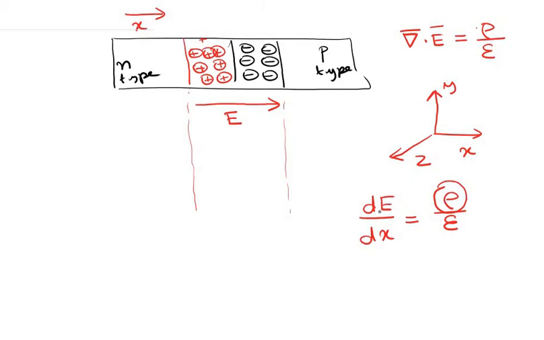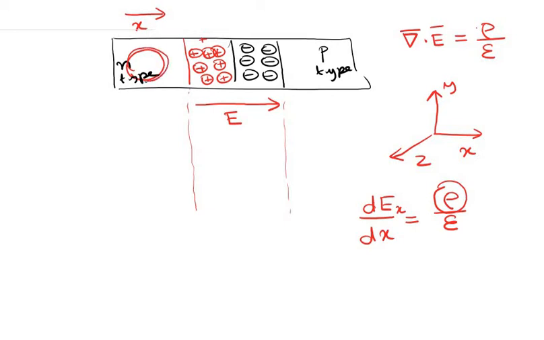Okay, so here, as we can understand, in the neutral region, the region where there is no charge density, there is also no electric field. If there were an electric field in this region, it would exert a force on the electrons in the conduction band. So the electrons would move around and a charge would develop. This region is neutral because there is no electric field over here.